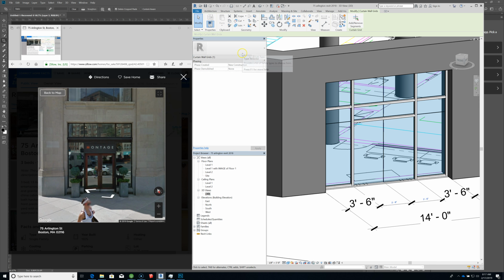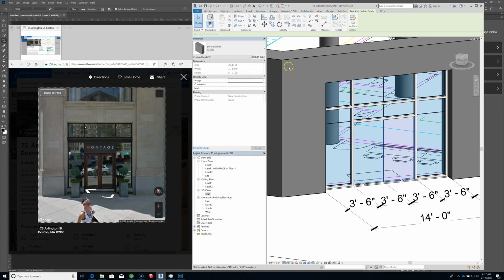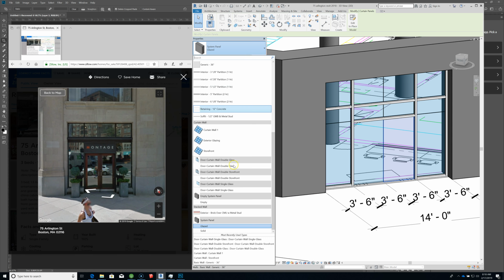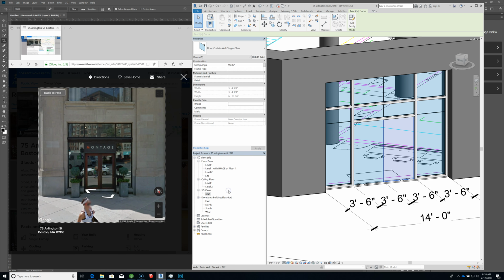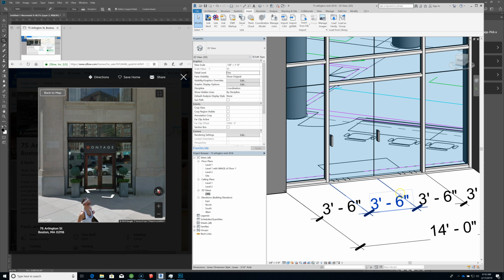And do the same with that panel. Single glass. In order for that to show up in this view, we need to change the detail level so that the handles will show. Okay,